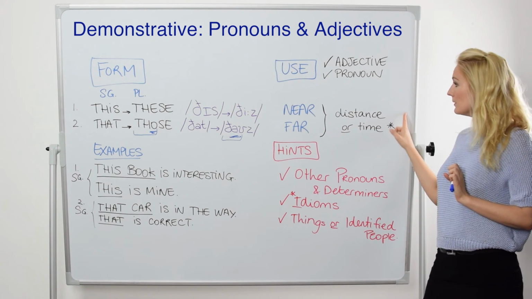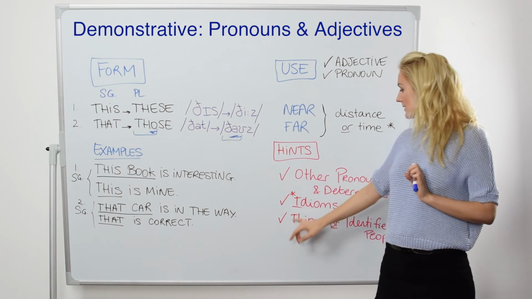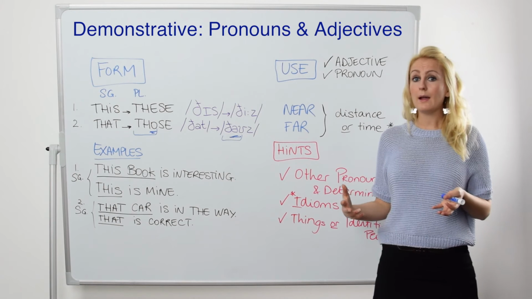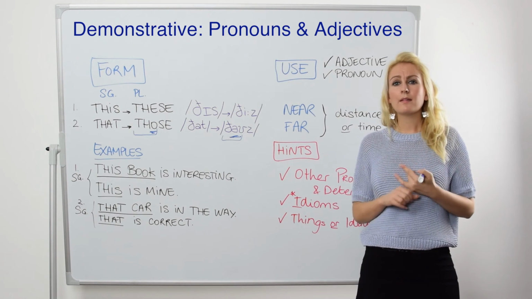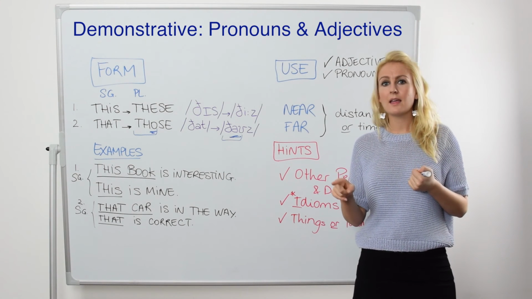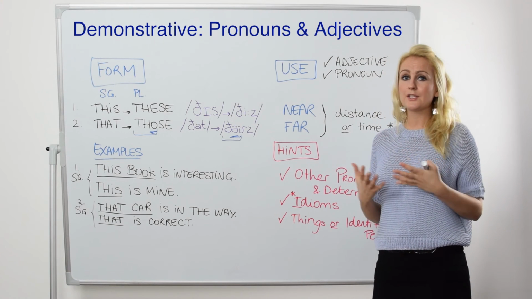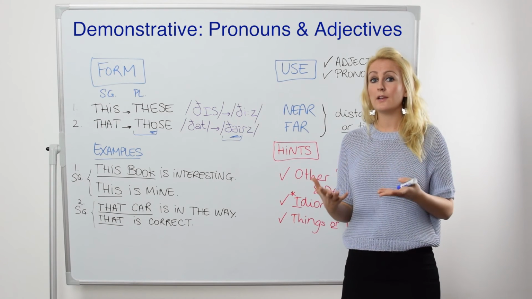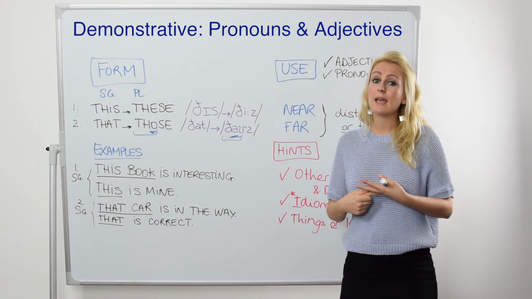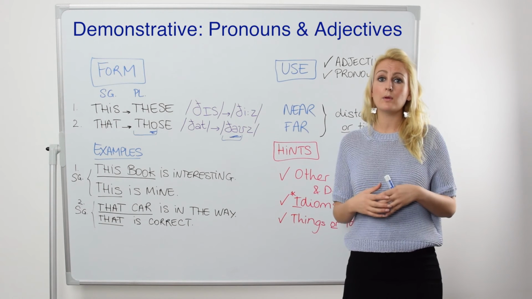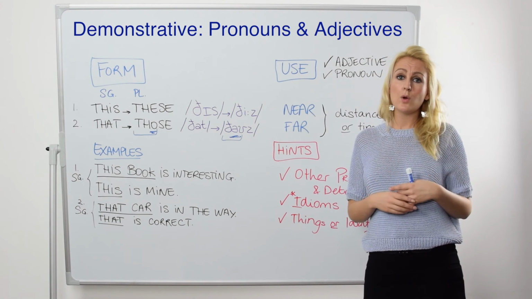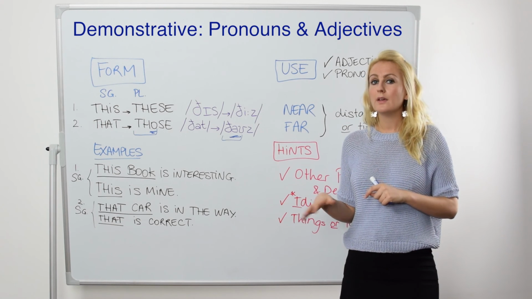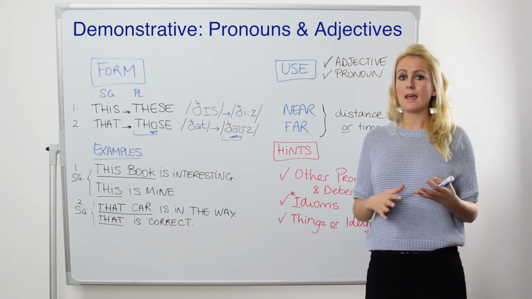But we also use this, that, these, those in set phrases, in idioms. Okay? A few examples of that would be, yes, that's it. That is it. So we're having a conversation and someone says something that is relevant or important, we say, yes, that's it. You might have heard that already. We also say things when we want to conclude something or say that we agree or something is finished. We sometimes say, so that's that, or that's it then.